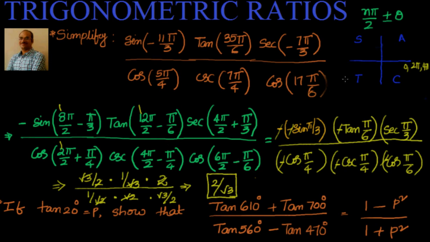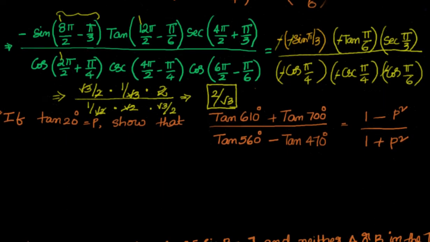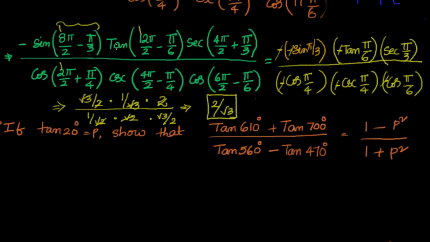So the idea here is to convert this into the format of n pi by 2 plus or minus theta. Then if n is even, you know sine remains as sine, but to find out the sign of this you have to look into the quadrant based on the all sine tan cos. You know that in that particular quadrant whether the trigonometric ratio is positive or negative. Let's move ahead. We'll try to do this quickly.